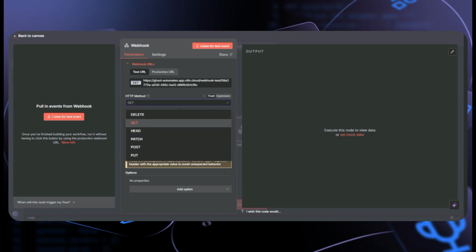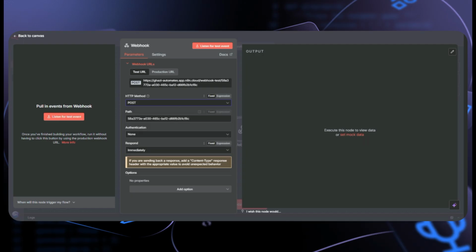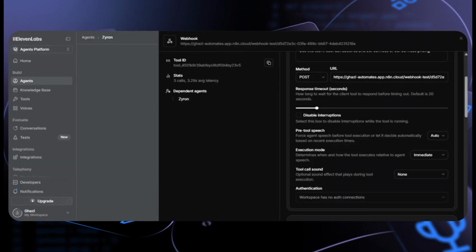GET is specific for getting data, but not for sending data. But in POST you can do both. So I will select POST, and now you have a URL. That is the URL that will trigger the node. So I will replace it, and here you can select response timeout.